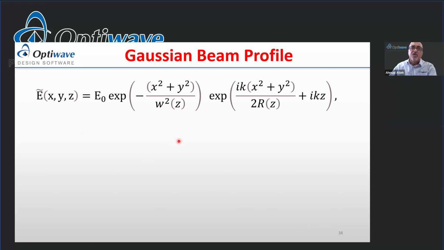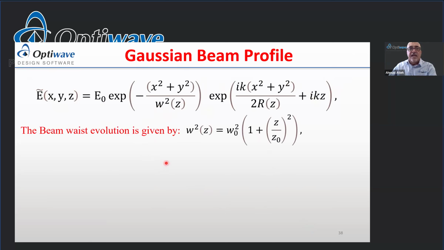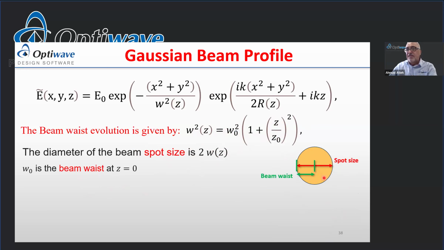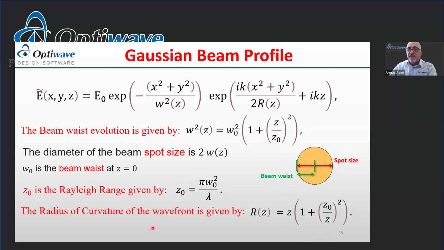Now, this quickly shows you how we calculate the spatial characteristics of the field. The field is characterized by the spatial as well as the amplitude of the field. The beam waist evolution from the initial beam waist to the last receiver position can be calculated this way. We define the spot size, which is twice the beam waist. If you look at this diagram, it explains that the spot size is always twice the beam waist. Then we take into account the relay range using this parameter, and then the radius of curvature, which relates to the phase information of the